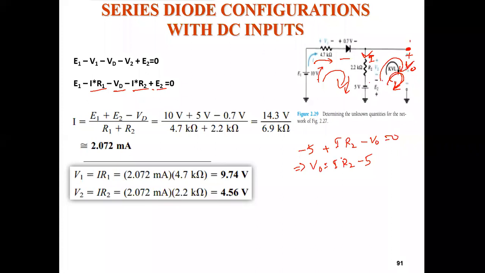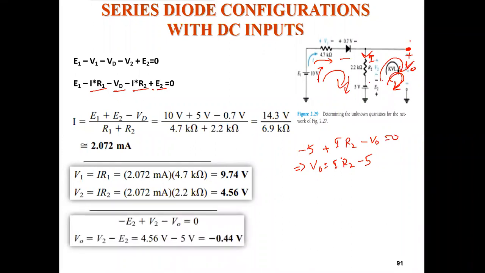The value of I was calculated as 2.07, and the value of R2 is given, so you apply them and you will get your result, okay. So it is IR2. I have already calculated this as 4.56, so that's why I quickly put it. Otherwise you could also have calculated I into R2 here, so this is the answer. So these three problems are your series diode problems.